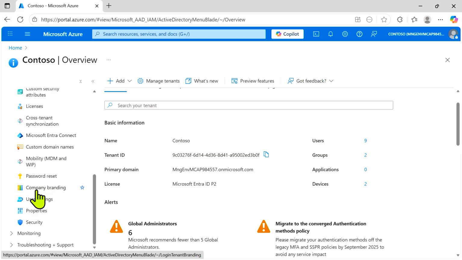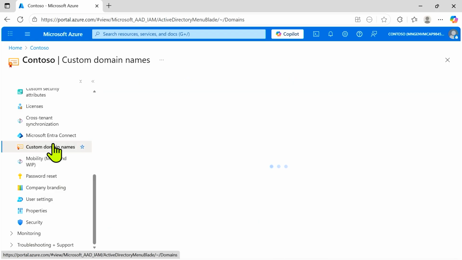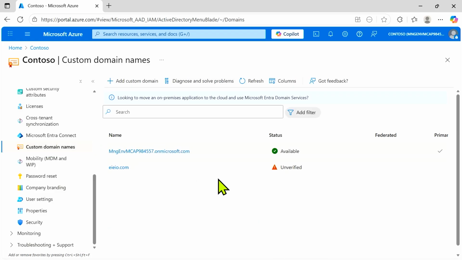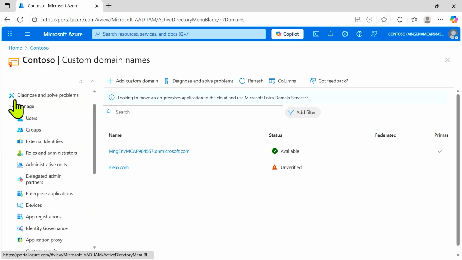So if I come into the company branding, that's where I was able to put it in my tenant, be able to get in and brand it and use the Star Trek Enterprise as my background. But I can actually have custom domain names where I could then register those domain names. You could say EIEIO. I haven't been able to verify that I own that name, but if I could call this EIEIO.com. Now, taking a look at those different identities, I've got my users, I've got my groups,